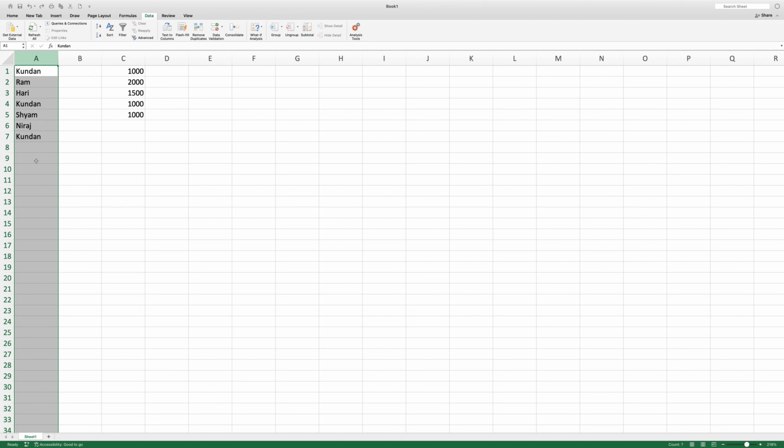Now let me show you the other way. In this case we have to use a function equals to SUMPRODUCT. So this will add the unique values. 1 divide by COUNTIF. 1 means it will count only the unique values. Then I will again open a bracket and then I will select the range,